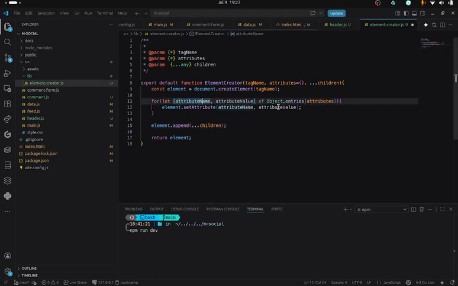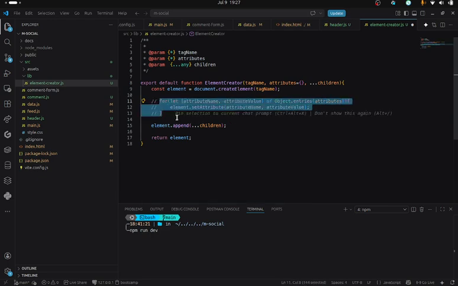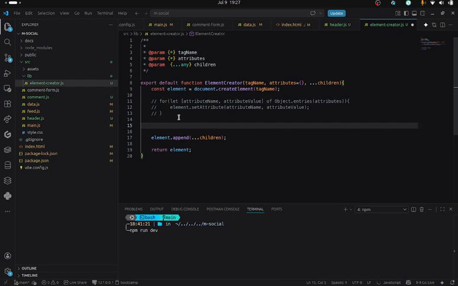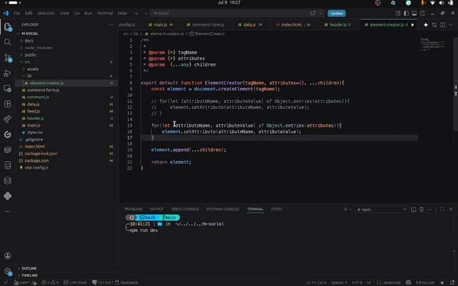Right, I'm iterating through the object attributes. Or to make this actually even simpler, again we can use what Ryan had given us. So let me just comment this and try and explain the same concept using the for in. So I'll just copy that and paste it here. So again, if you still are not getting it, we can use the let key in